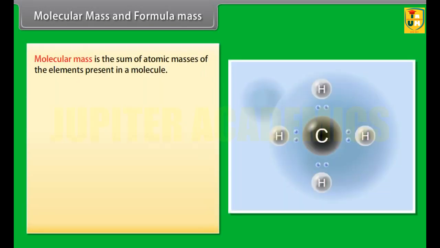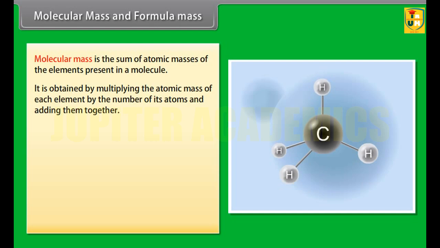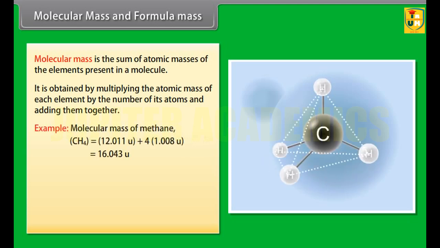Molecular mass and formula mass. Molecular mass is the sum of atomic masses of the elements present in a molecule. It is obtained by multiplying the atomic mass of each element by the number of its atoms and adding them together. Example: molecular mass of methane, CH4, is equal to 12.011 u plus 4 × 1.008 u,